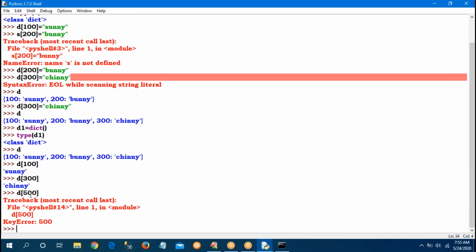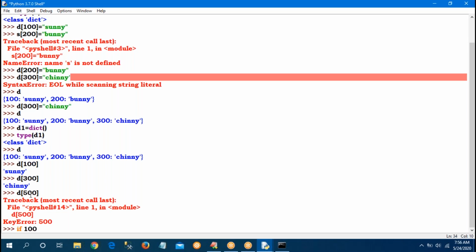Sir, how to check that? How to take the values from the dictionary when the key may or may not be available? The has_key function is available, but that is in Python 2. In Python 3, only the in operator. Observe.